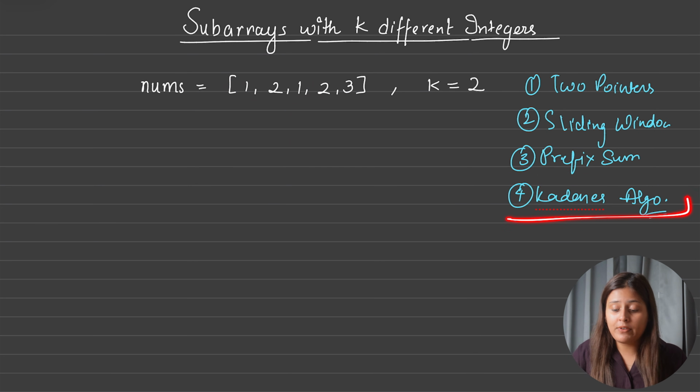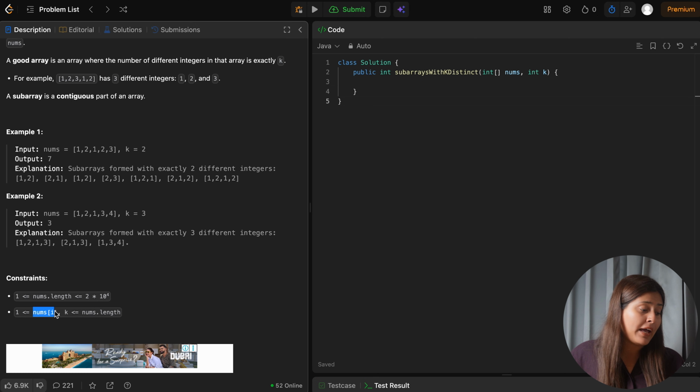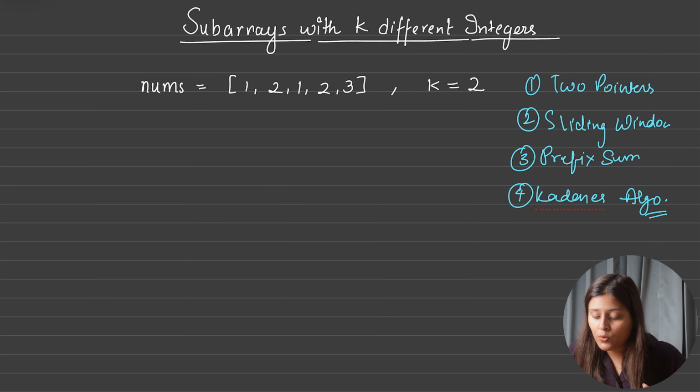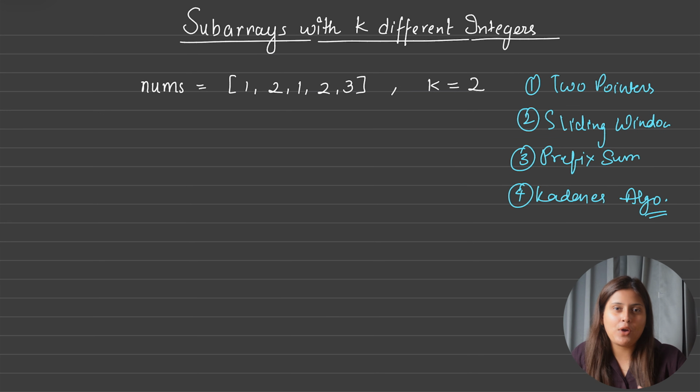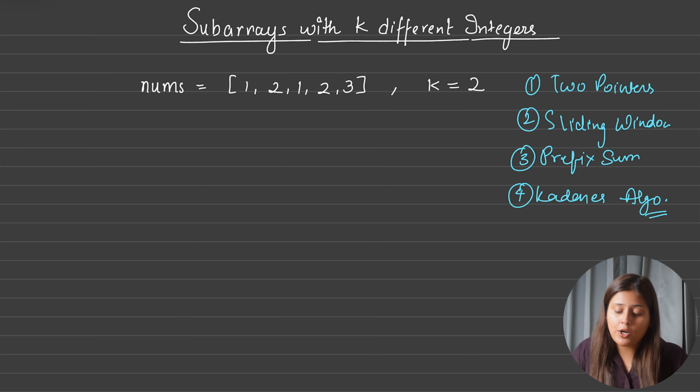means from index i to index j, now from another new i index to another new j index, etc. Now Kadane's we will use when we want the summation of a subarray, but negative numbers can also be included. And you have seen nums[i] is greater than or equal to 1, so it is not negative. Hence we can ignore Kadane's, prefix sum and two pointers, and we will go with the sliding window. Still, if you have any doubt, you can visit the very first lecture of the playlist where we have discussed all these 4 patterns, when to apply what. Now here we got to know that we have to do the sliding window only.